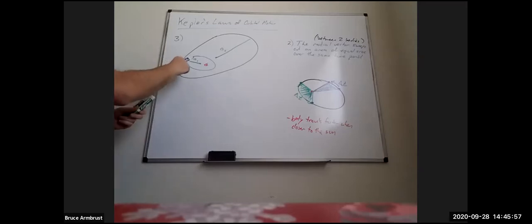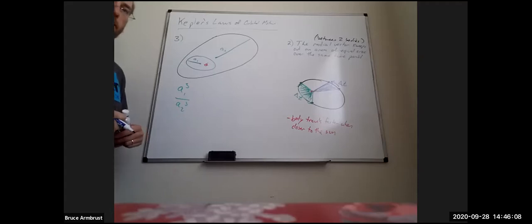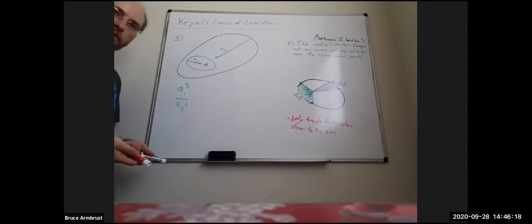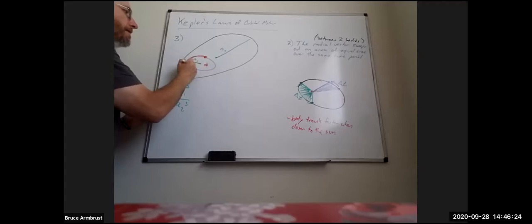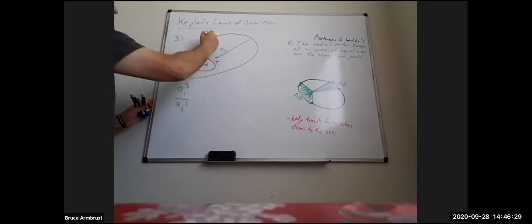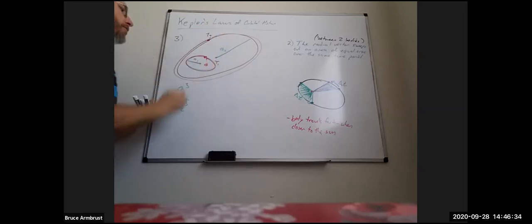Okay, so what we're going to do is look at the ratio of the cubes of these. All right, so A1 cubed over A2 cubed. Now, each of these also has a length of time that it takes to go all the way around, called an orbital time, but it's a period. So if this object takes big T1 to go around its path, and this other one takes big T2 to go around its path,